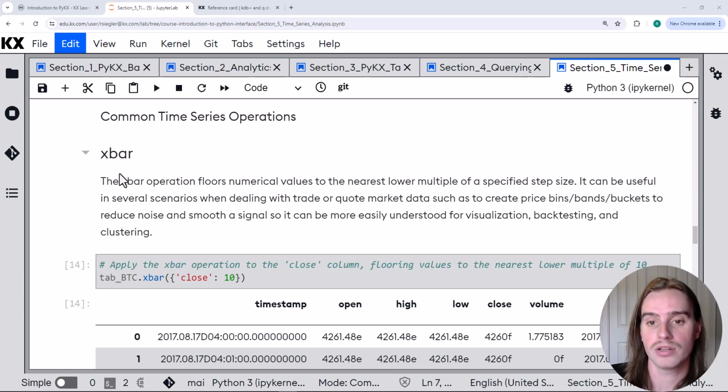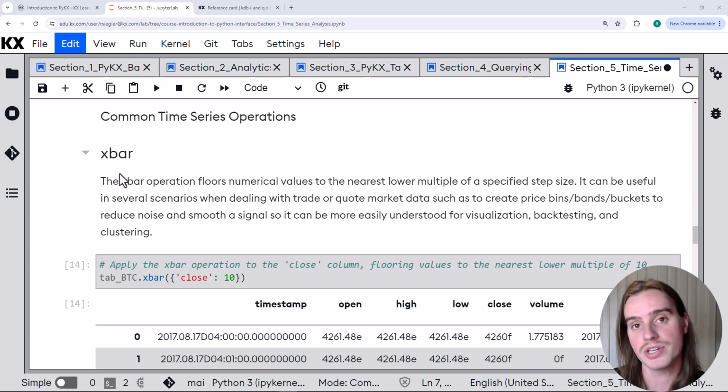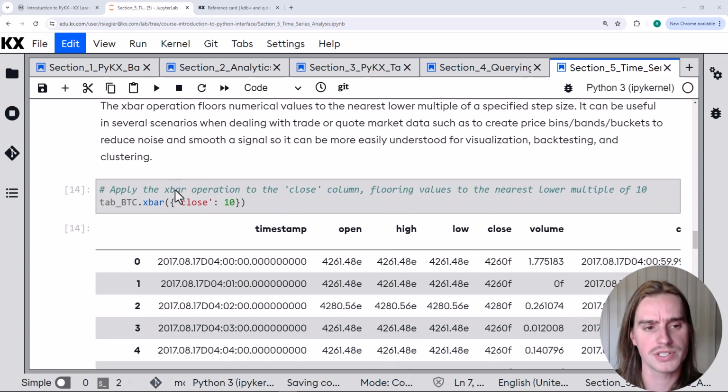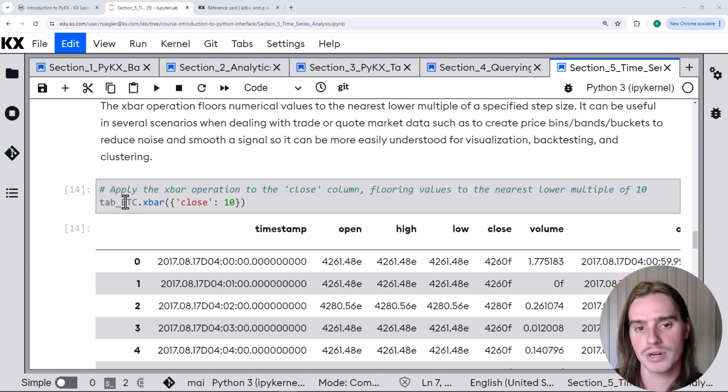creating a lower multiple of this data will group data into bins or buckets. And what this does is actually reduce the noise and smooth the signal that's represented in your data. So this means it will be easier to understand visually. It could be used for easier backtesting and other applications like clustering. So to do this and apply the XBAR operation, all we do is take our table, .xbar, and then we